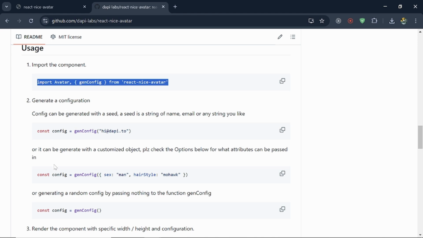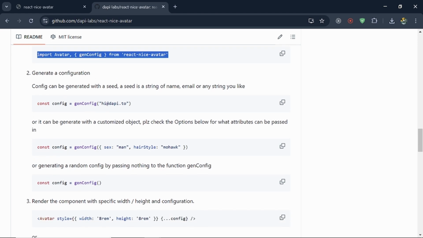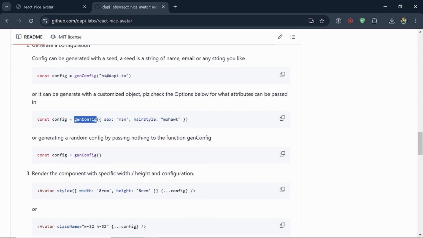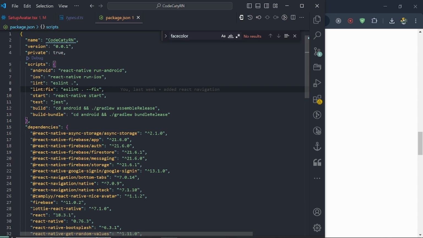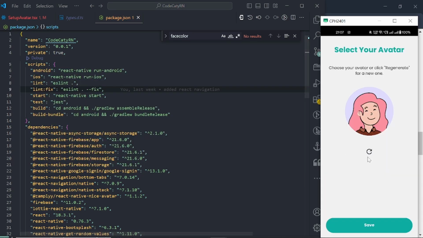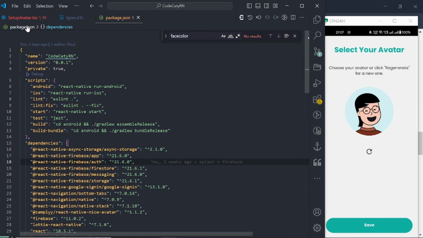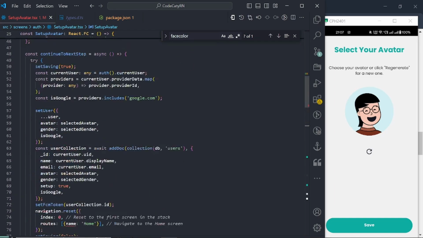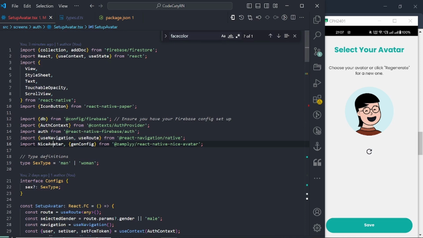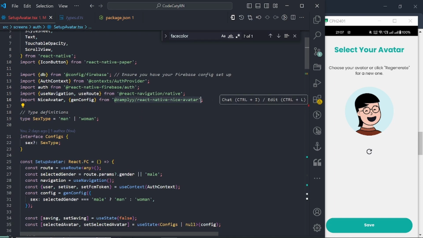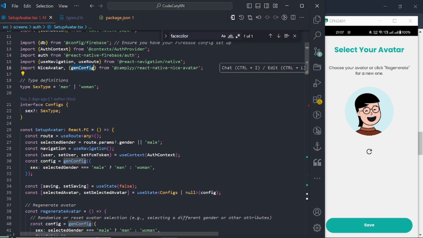Okay, and to generate different avatars, you can use this genConfig method. So let's see how we are doing this. And if I show you a demonstration, if I click on this again and again, then different avatars come up. Okay, so if I open this file here, you can see I'm having this import of the nice avatar library. Okay, so this is the thing I'm looking for,